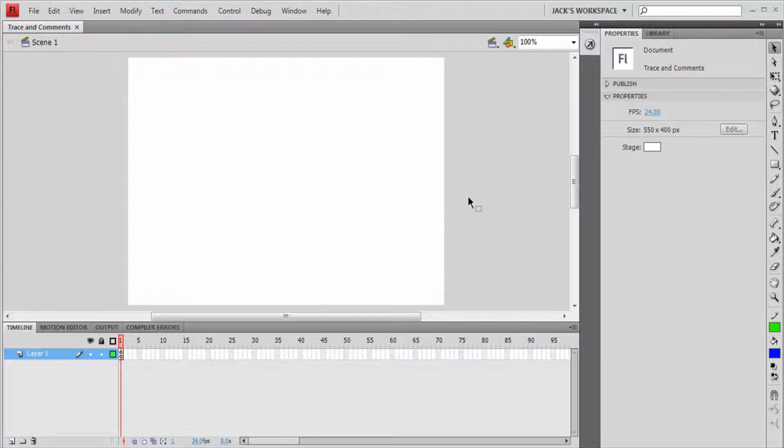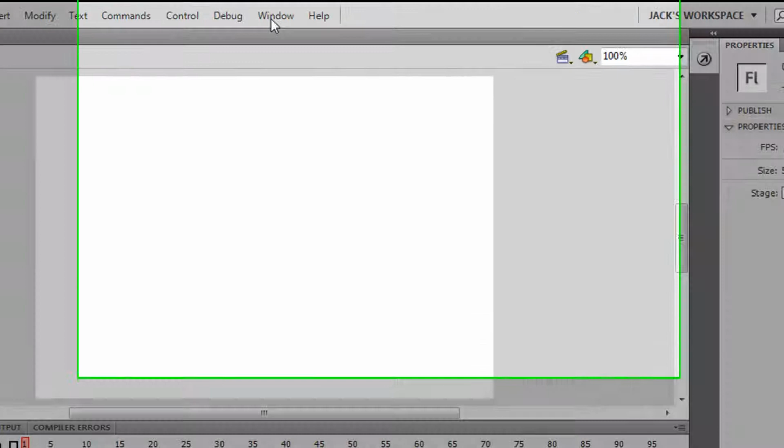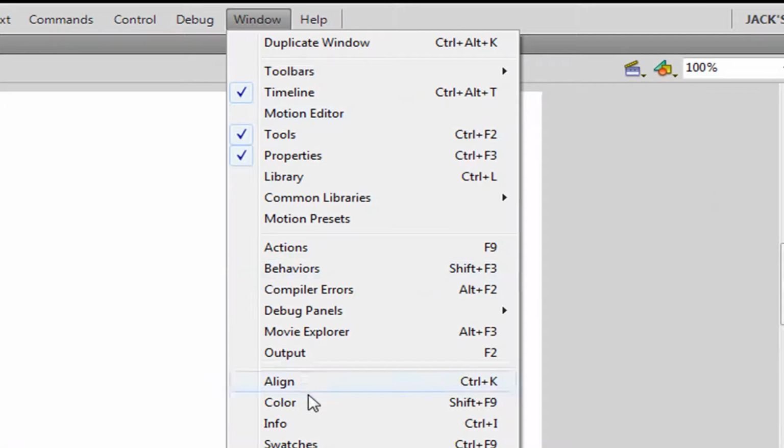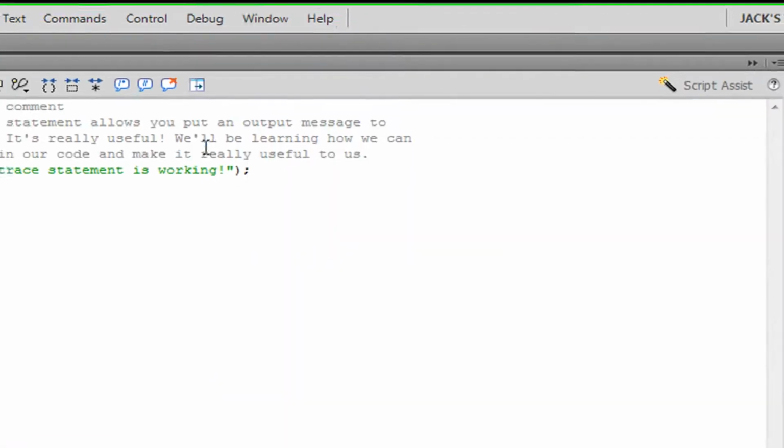Alright guys, this is a tutorial on how to do trace and comments, and I have a file called trace and comments which will be downloadable at my website. So to begin, we're going to be working with ActionScript 3.0, which is a coding language to gain more control on your movies. So before we start, we're going to go to Window, we're going to go to Actions, and